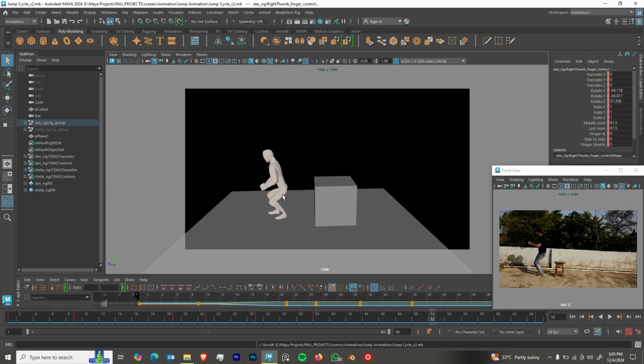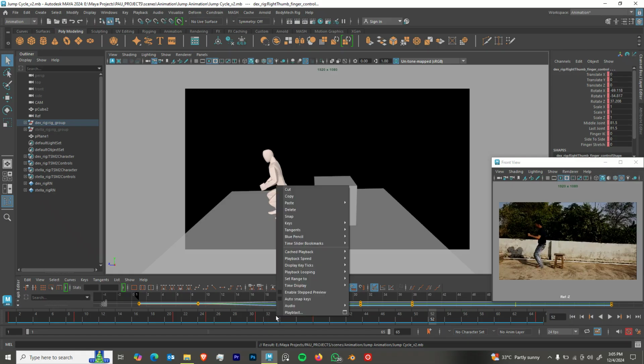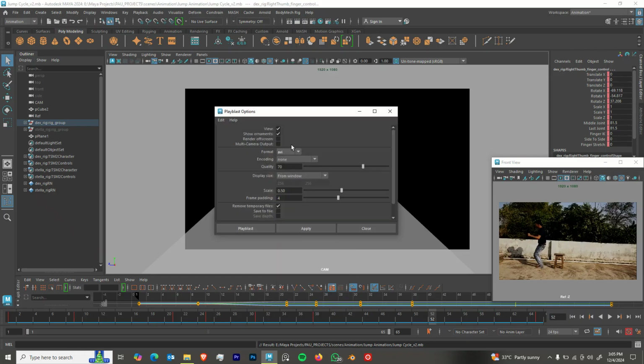So the last thing I want to do is, if I say send your work, you're supposed to play blast. So play blasting is going to render the viewport. So you can just right click on your timeline, play blast, and then click on this box. Right now the settings are wrong, so I want to click on format, QuickTime, click on H264,